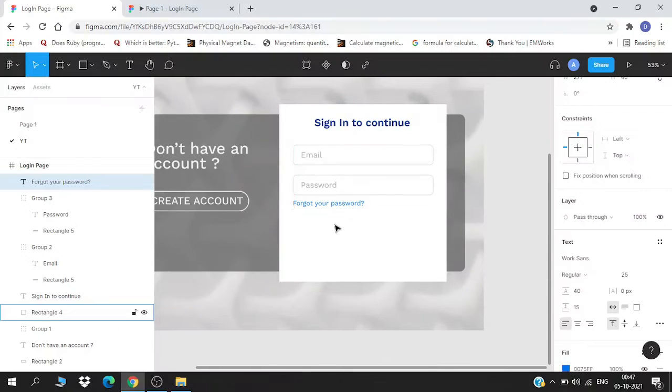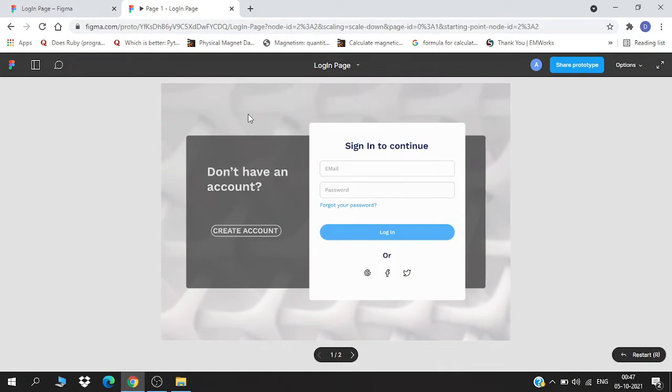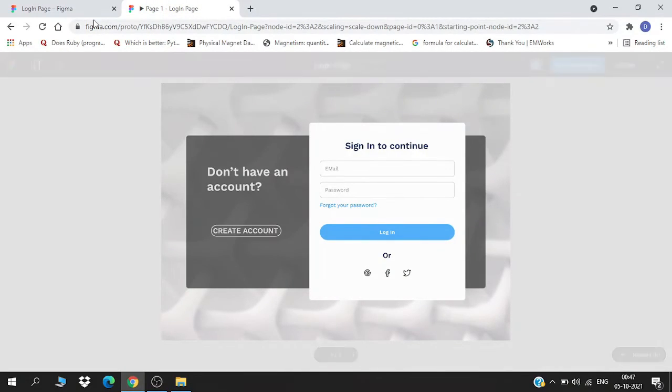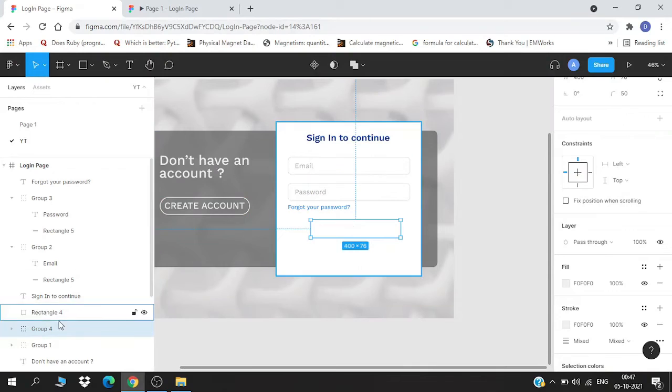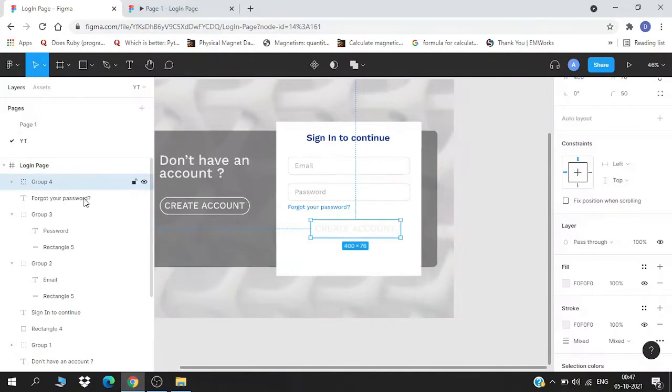Yeah, that's fine. So again here is the login icon. I'll copy this one and paste on this one.